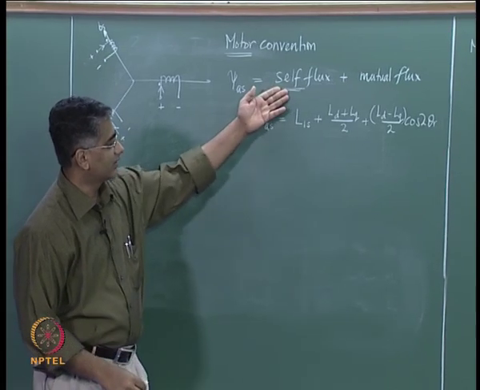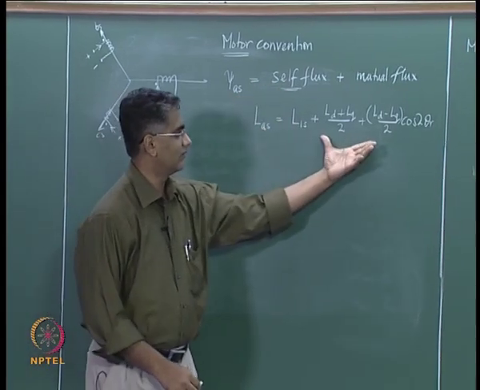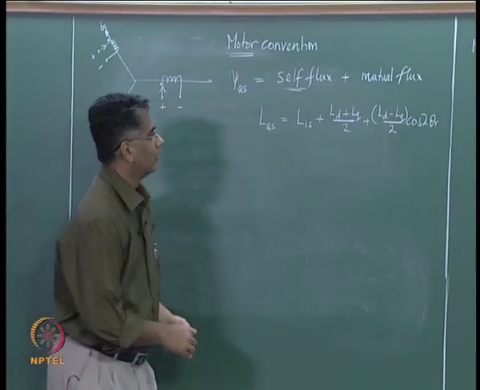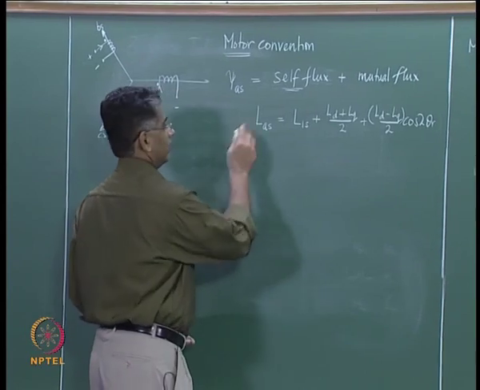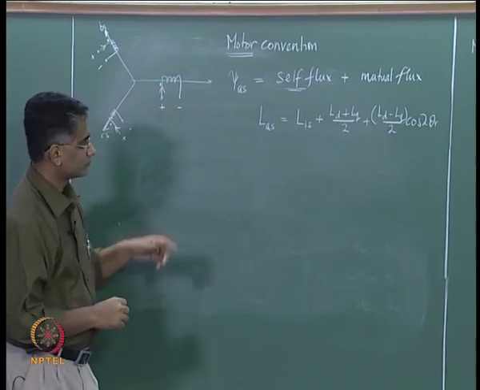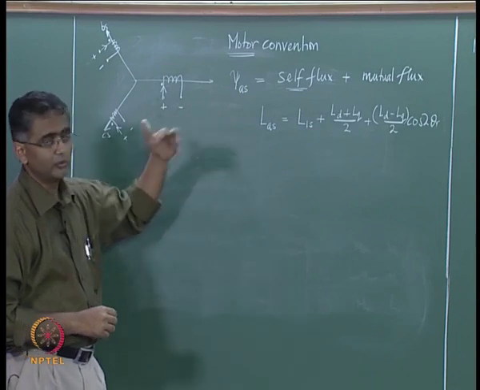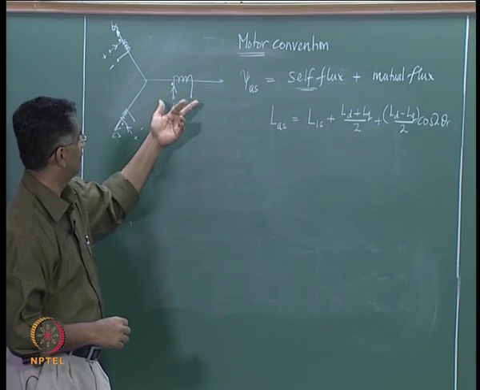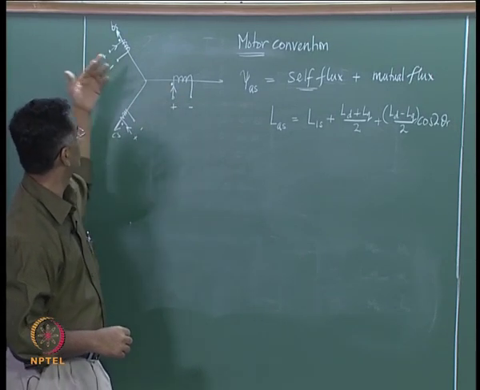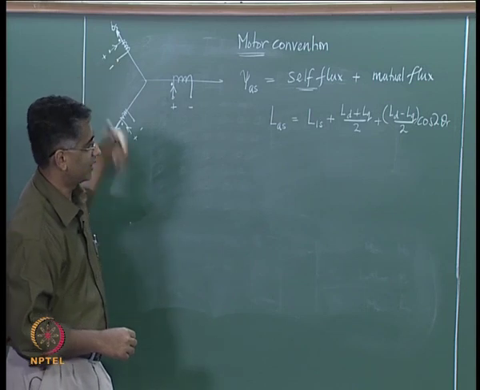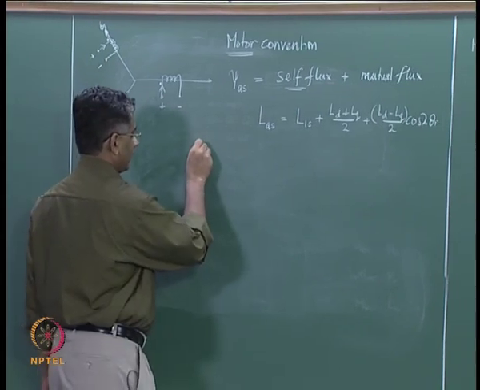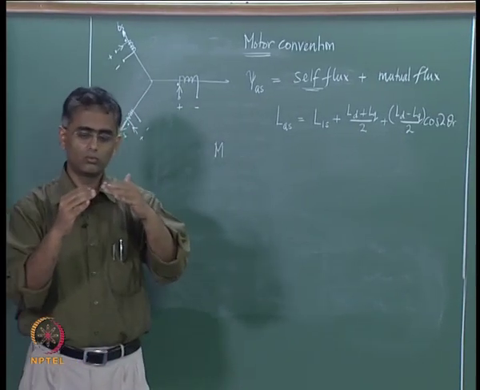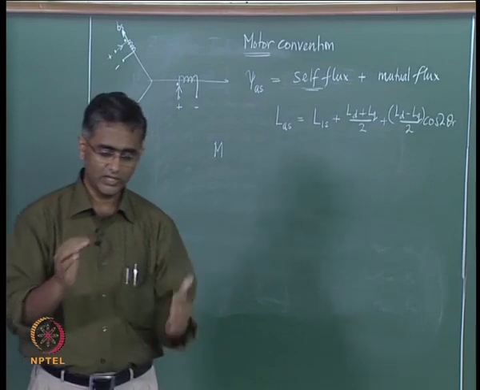So, the flux linkage arising due to that is this self inductance multiplied by the current IAS. We need to then look at the mutual flux, and let us consider the mutual flux arising in AS winding due to the current flowing in BS winding. Again, we have derived the expression for the mutual inductance between two windings on the stator with their axis displaced